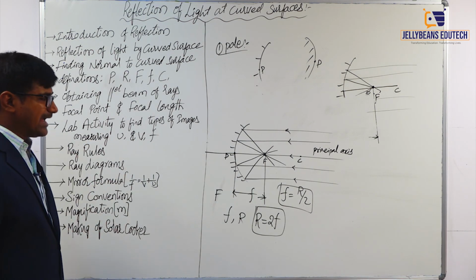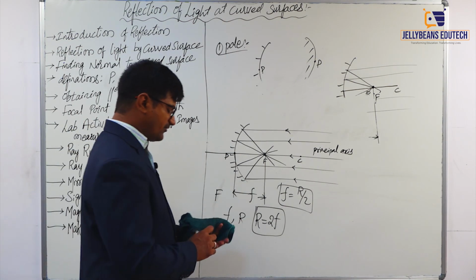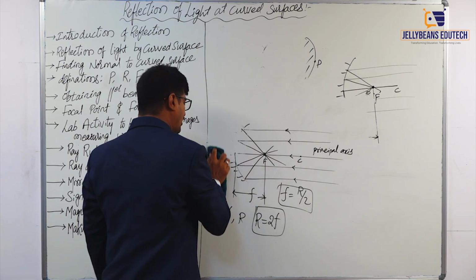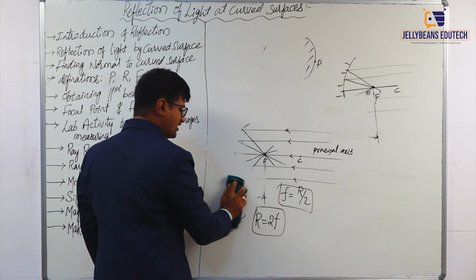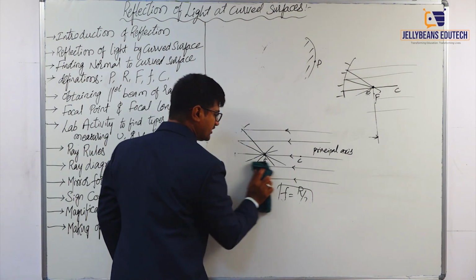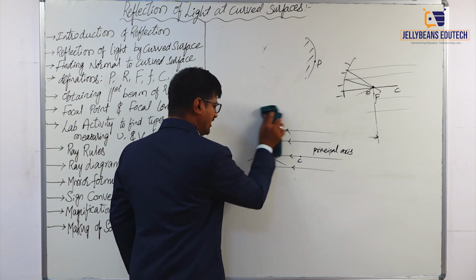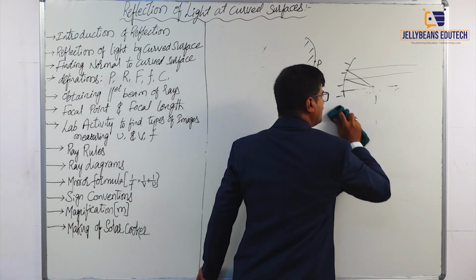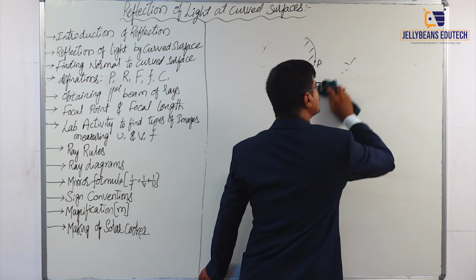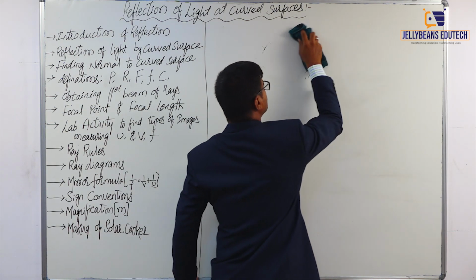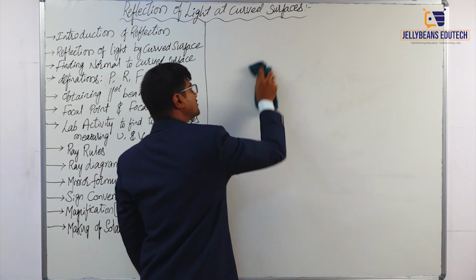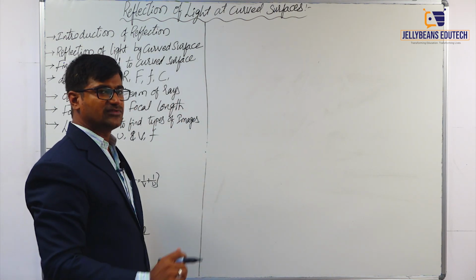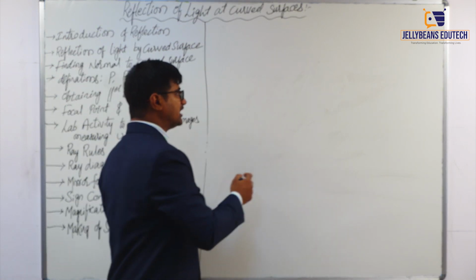Next, we are doing a small lab activity. With the help of that lab activity, we are proving that when we place an object at different positions, we obtain different images, and when we observe the nature of those images, we find that the nature of the images is also different from one another. So here we are noting down all the values and the nature of the images in a tabular form. So let us see here.